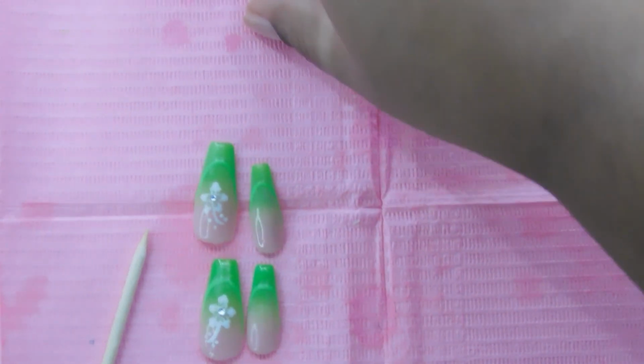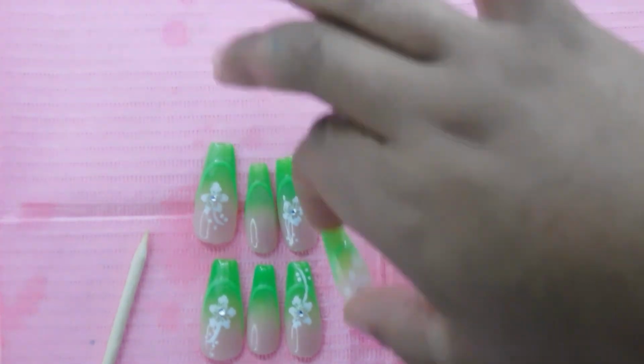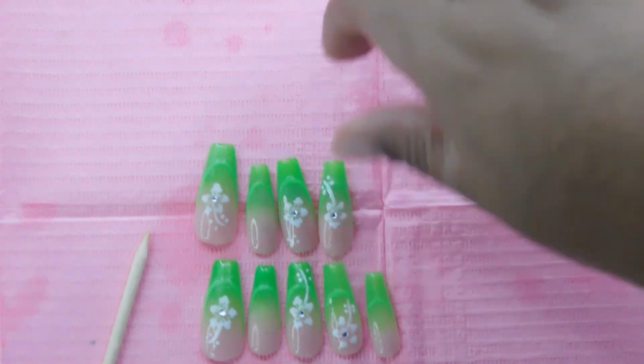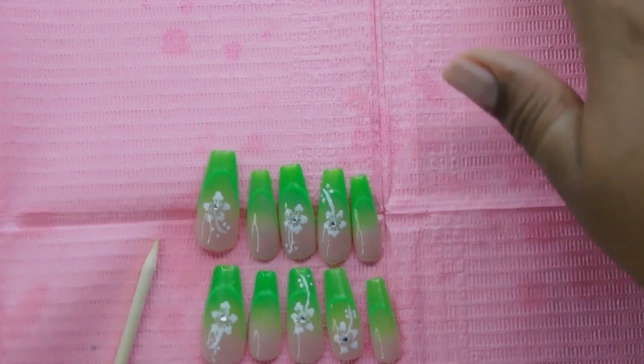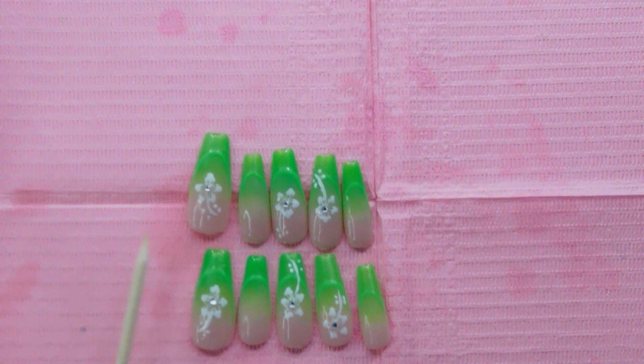But of course, knowing me, in the next scene you're gonna see that I switch the removers on different hands, just to make sure that it wasn't user error or how I apply my nails, like dominant and less dominant. So I'm actually going to use a different set,